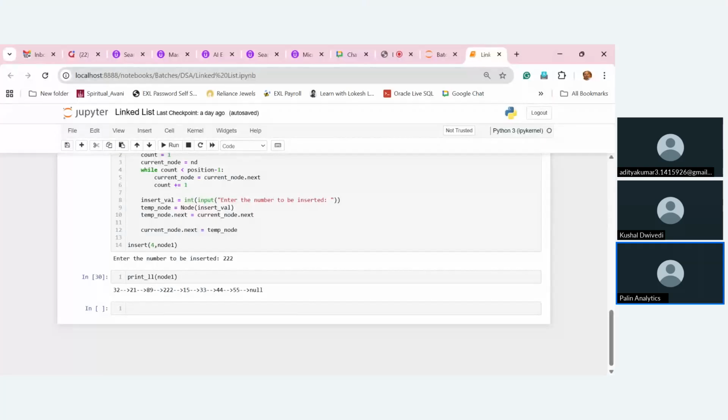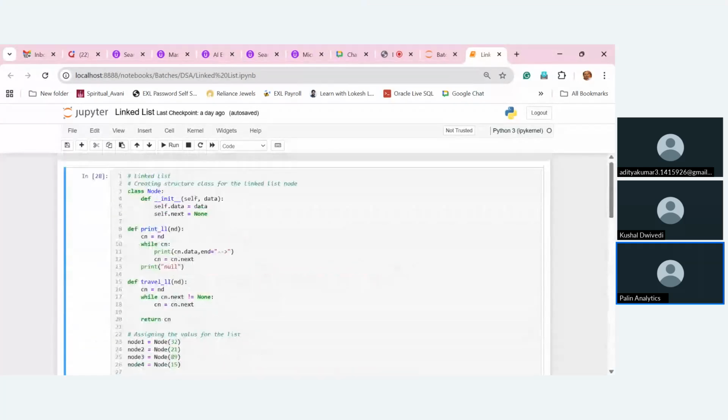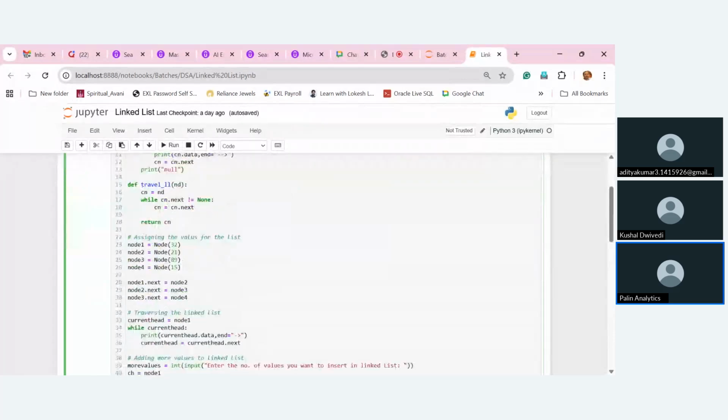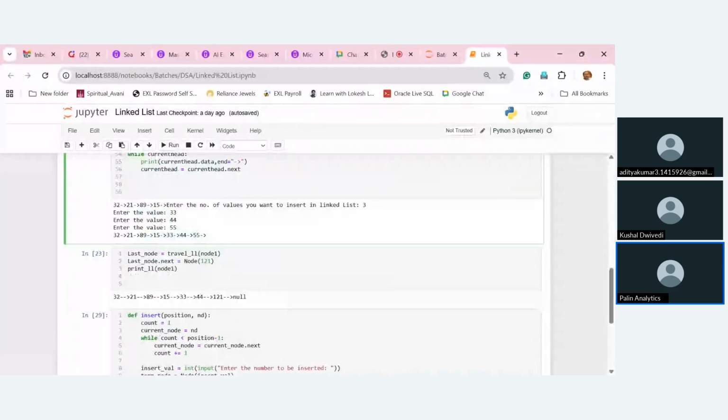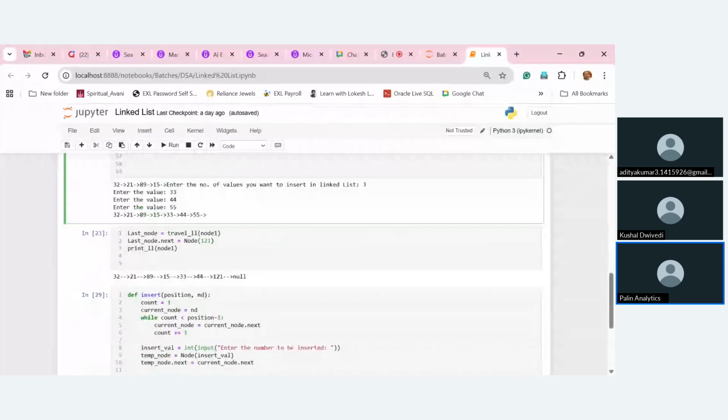ओके, सो कल के सेशन में हमने देखा था कि हाउ वी कैन डिफाइन द लिंक लिस्ट, हाउ वी कैन क्रिएट द लिंक लिस्ट इनिशियली यूजिंग द क्लास, and then along with class how can we traverse the linked list. So लिंक लिस्ट को ट्रैवर्स करने के लिए हमने करंट हेड से मींस स्टार्टिंग हेड से और लास्ट हेड तक कैसे जाएंगे, वन बाय वन हम उसको प्रिंट कराएंगे, ठीक है।